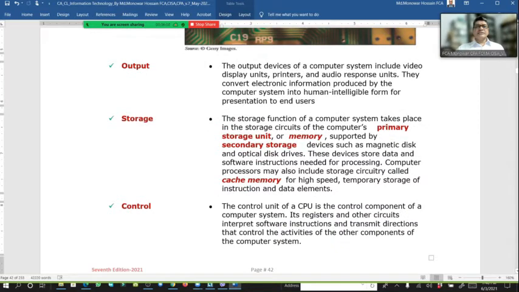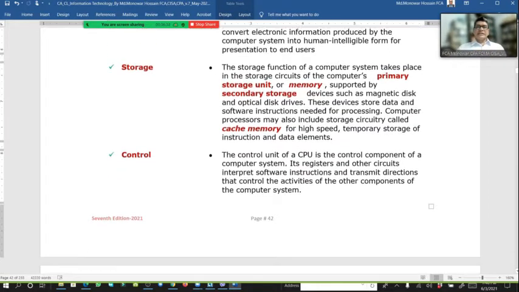And if we see the output devices of a computer system, they include video display, printer, audio response unit, and display also. They convert electronic information produced by the computer system into human intelligible form for presentation to the end user. And if we see storage,